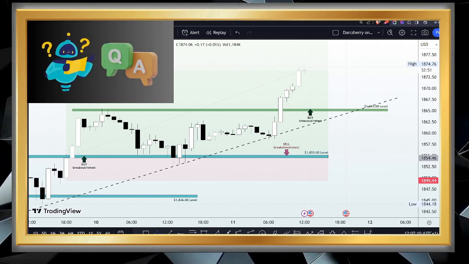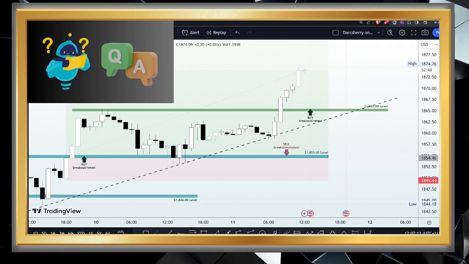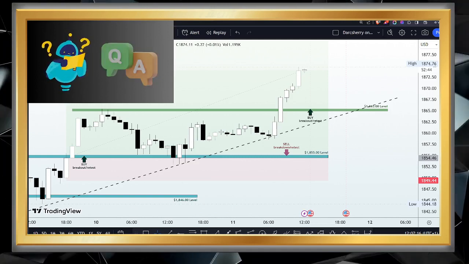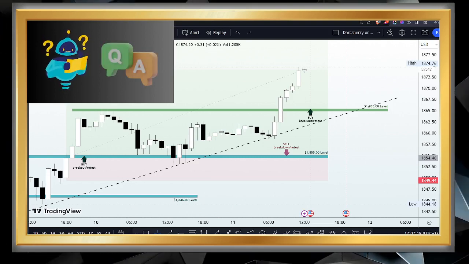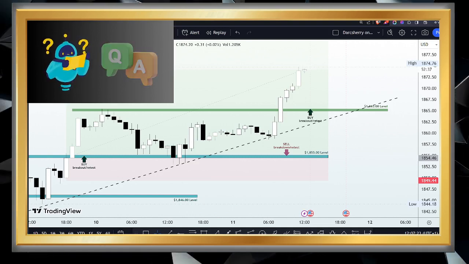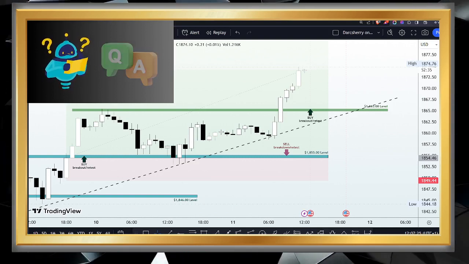So I do hope you are able to mark out these levels on your chart, as we will be needing them as a reference point. I'm very confident that with all the simulations we made during this live session, we are able to capitalize on the next potential move in this market.